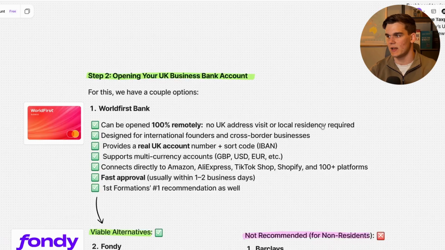They're specifically designed for international founders and cross-border businesses, and it provides a real UK account number plus the sort code and IBAN. It supports multi-currency accounts for British pounds, USD, Euro and more, and it connects directly to online tools like Amazon, AliExpress and more. It also has fast approvals, usually within a day or two, and it is the number one recommendation from